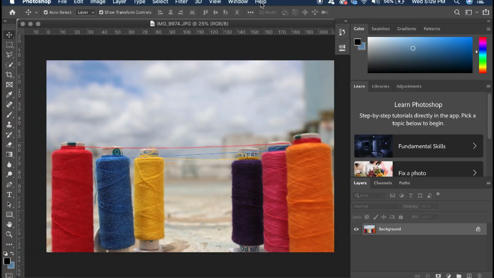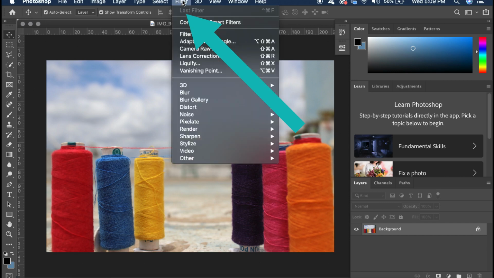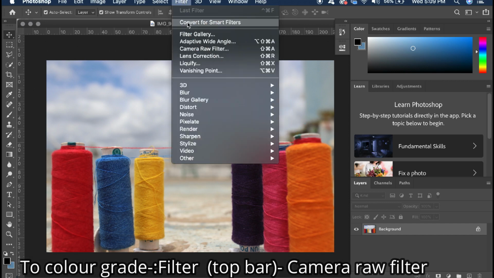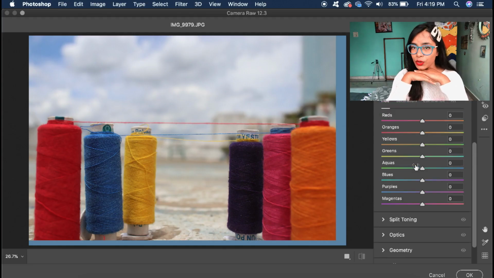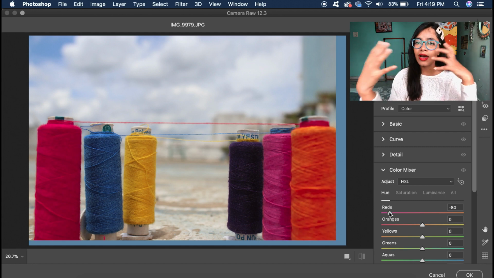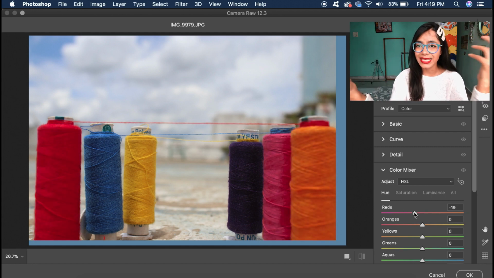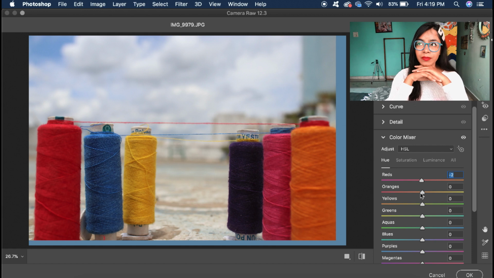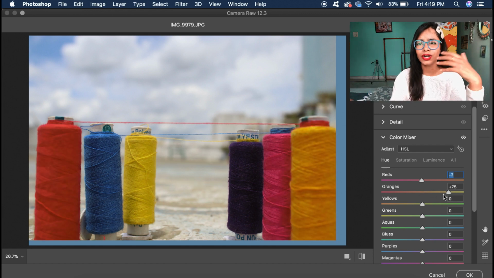As you have already opened the foreground image in your Photoshop, now the second step is to click on the filter button. Can you see the filter option at the top? You have to open that option and go to camera raw filter, because the first step I do is to color grade the picture so that it looks nicer to me and I can imagine much more what I have to add or what not. It's optional, it's up to you. You can also skip that if you don't want it. You can also do it later in Lightroom after you export from Photoshop.